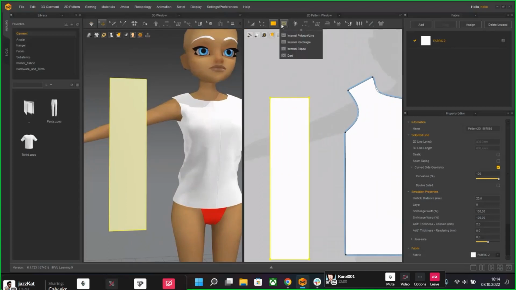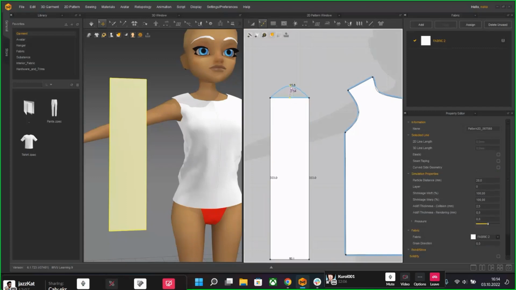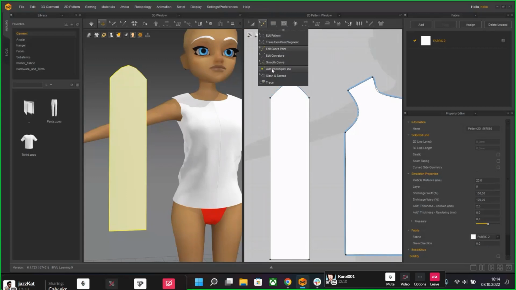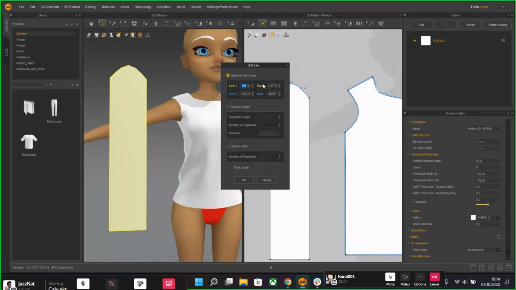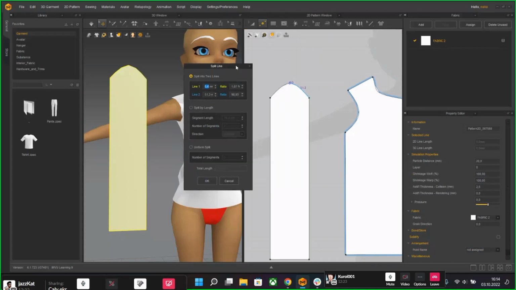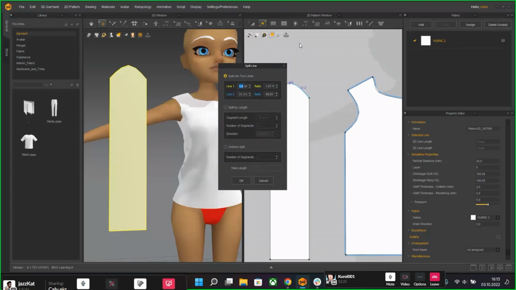And I want to split this, but in a second, let me just edit curvature. All right, that should be fine. And I'm adding another point to split the line here. And you can also split lines by right clicking, and you can make this split even in the middle. All right,